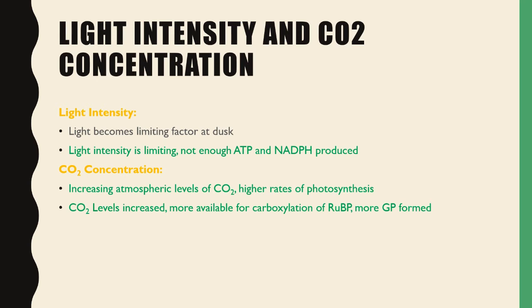produced. In CO2 concentration, as you increase the atmospheric level of CO2, you will have a higher rate of photosynthesis. And as the CO2 level is increased, then there will be more CO2 available for the carboxylation of RuBP, and more glycerate phosphate will be formed. If you don't know what these are, wait until we do our biochemistry of photosynthesis video, and that will explain